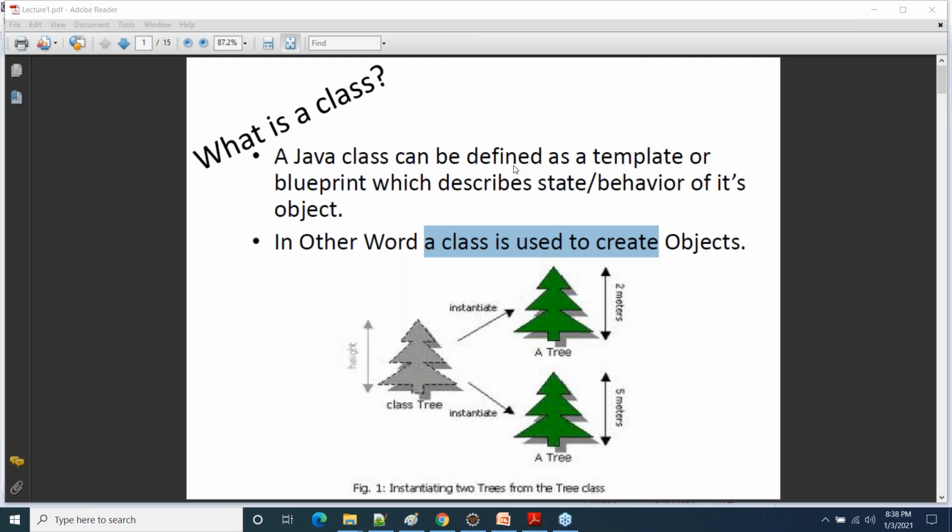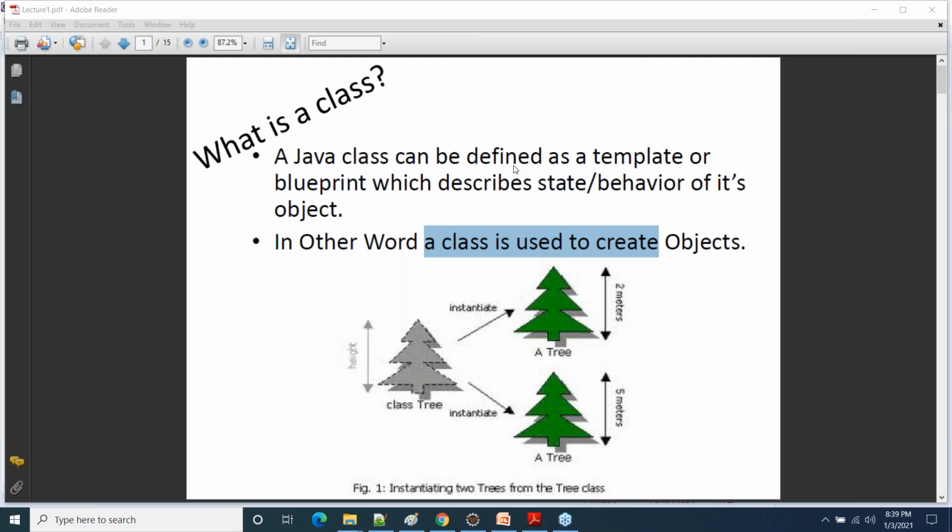Let's say you went to a carpenter and you ask him, okay, I want to get a chair created. Please create a chair for me. Then what generally will the carpenter ask you? Yes, the carpenter will say, okay, I can create a chair for you, but tell me what kind of chair you want. What should be the design of that chair? What should be the wooden quality of the chair? What kind of color do you want? What should be the length, height, and width of the chair?